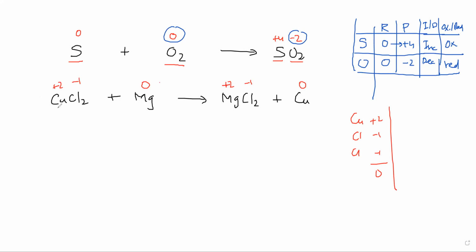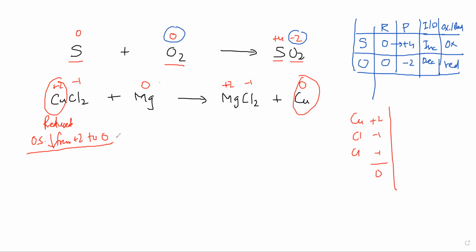So you can notice copper goes from +2 to 0, so there is a decrease. Hence copper gets reduced. Why? The reason you will write this way: the oxidation state decreases from +2 to 0. This is the descriptive answer you will write. You will give the complete description. You will not say charge. You will say oxidation state.